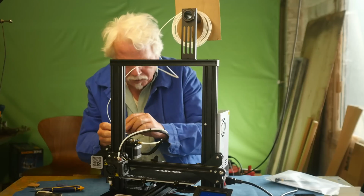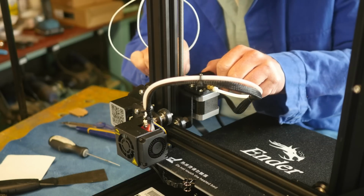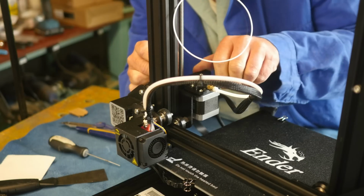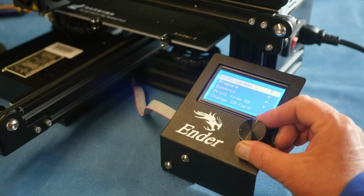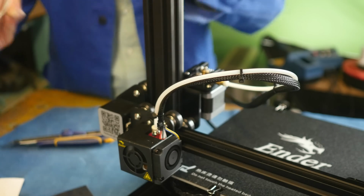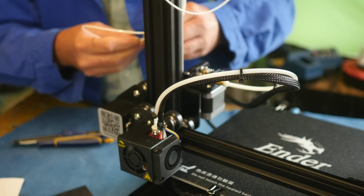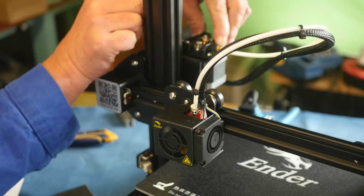Right, so we have to get this filament through the Bowden tube. Above the stepper motor there's a pair of spring-loaded levers, and there's a couple of rollers that pinch together to grip the filament, and there's a hole at the other end between them, and I've got to get the filament through that. So we go to control, prepare, preheat PLA, and a hot tip from people who know about these things: snip off the end of your filament at 45 degrees, and then it'll thread through easier. Yeah baby, there it goes. Okay, let's see if I can push this all the way through. It should come out of the nozzle